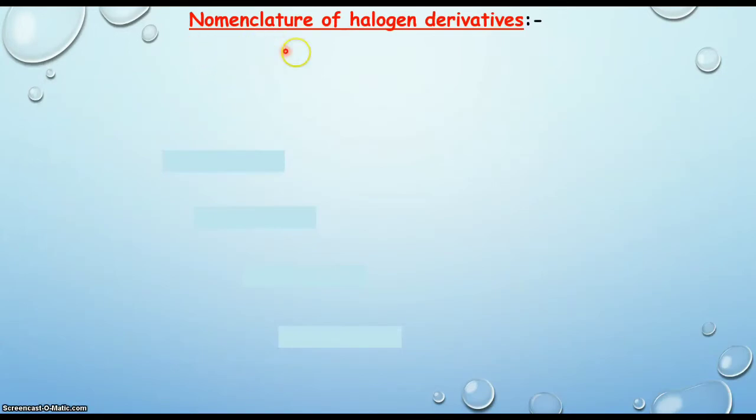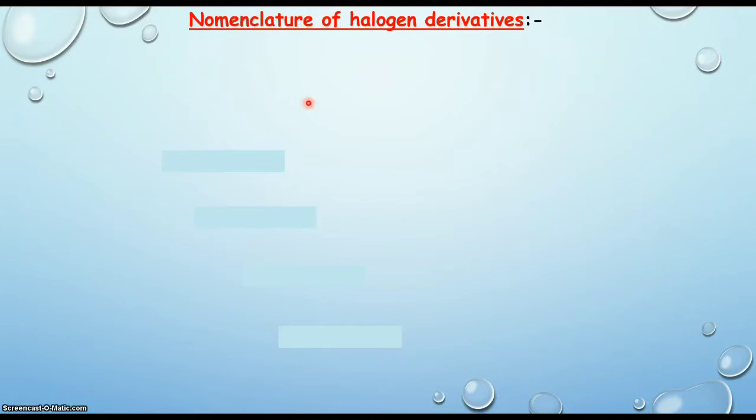Today we are going to discuss the nomenclature of halogen derivatives. Nomenclature means naming, or we can say namkaran, of different compounds of halogen derivatives. So we are going to study how to name halogen derivatives by the common name system and the IUPAC system. In standard 11, we have learnt about this nomenclature in detail, but in this lecture, we will take a quick view of nomenclature, while in the upcoming lectures, you will also get details of nomenclature wherever it is needed to make your chemistry easy.